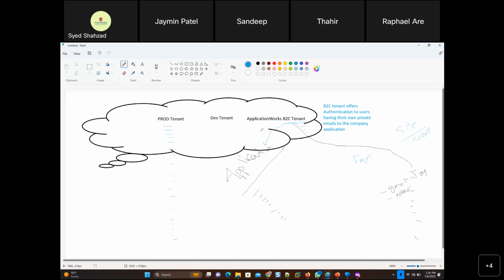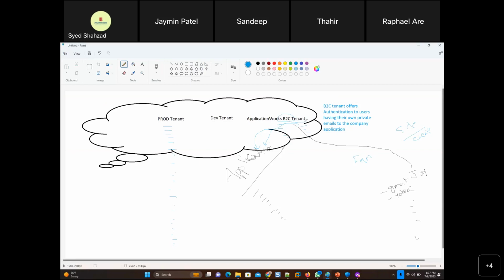It is a B2C Active Directory, meaning users fill out their form and their username and password is added to the Active Directory, and those user accounts are automatically given access to some application. The only benefit here is you don't have to create those thousands and thousands of user accounts. You just create a B2C tenant, put a form there, users create their accounts, and they get to use the application.